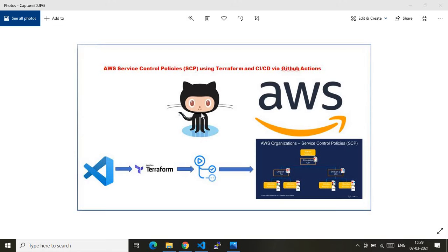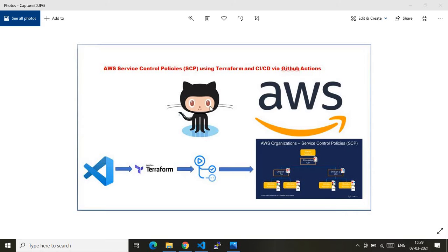Before I jump in and walk you through the code and show you the deployment, let me quickly show you the overview of the complete demo. This picture represents the complete overview of my demo. As you see on my screen, it has two big logos: one is the GitHub account, the other one is the AWS account. AWS is the end service where we are actually provisioning something.